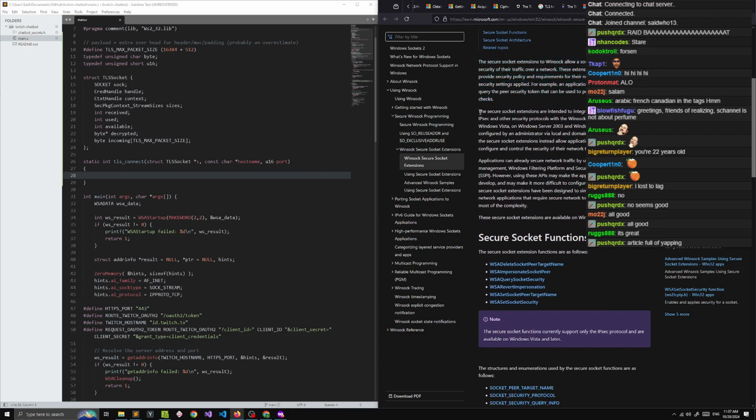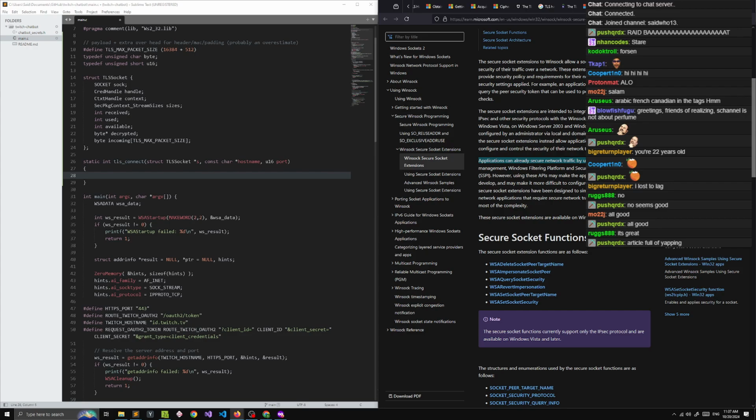Security socket extensions are intended to integrate the services provided by IPsec and other security protocols with the Winsock framework. Prior to Windows, applications can already secure network traffic by using public APIs